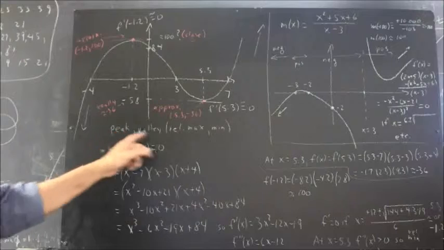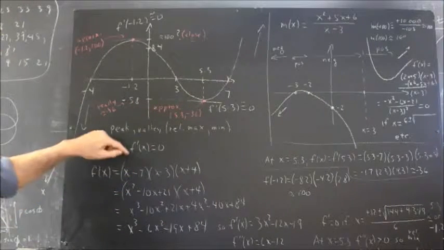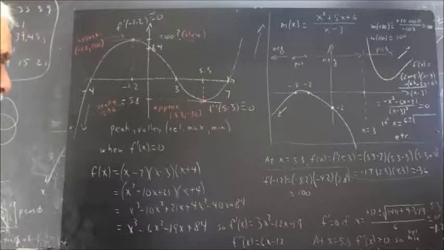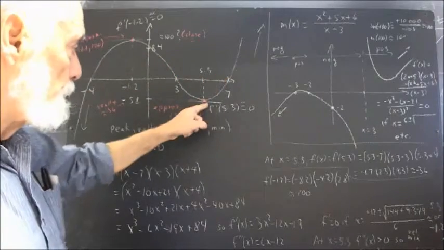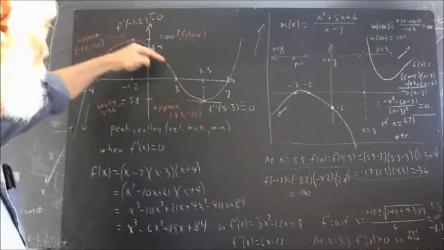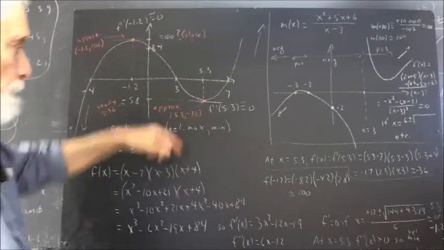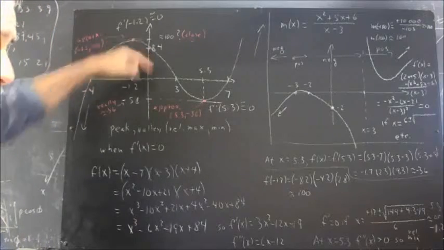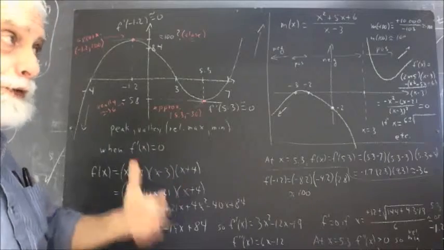Okay, so a peak or a valley, that is a relative maximum or relative minimum, occurs when the first derivative is 0 and the second derivative either goes from negative to positive as it does here, or from positive to negative as it does here. You get a minimum when the first derivative goes from negative to positive, a max when it goes from positive to negative. Now remembering, I'm assuming that we know that the first derivative